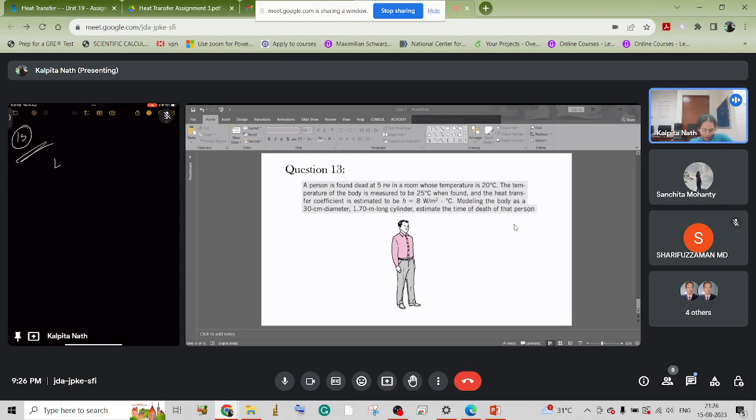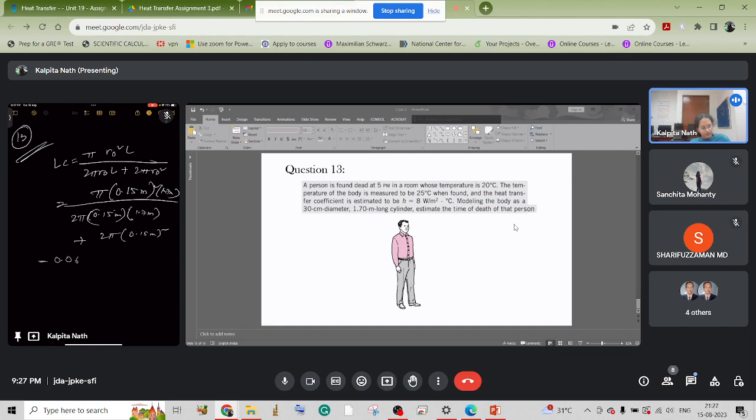For the Biot number, we need to find the characteristic length first. As we are considering it as a cylinder, it will be pi r naught square L upon 2 pi r naught L. But here it is a real system, so we are considering the circular cross-sectional area also. So 0.15 meter whole square, this is 1.7 meter, and this is 2 pi 0.15 meter, 1.7 meter plus 2 pi 0.15 meter whole square. This came out to be 0.0689 meter,